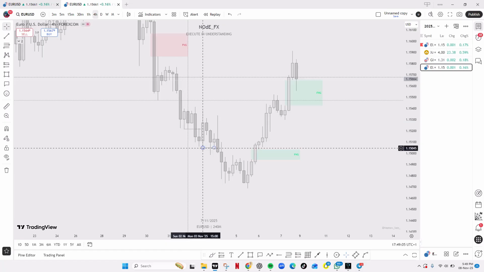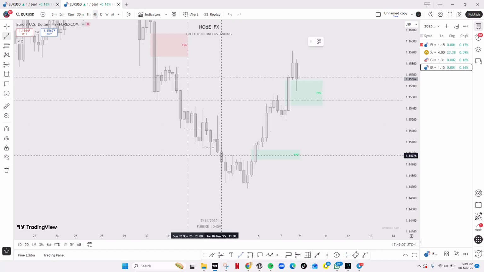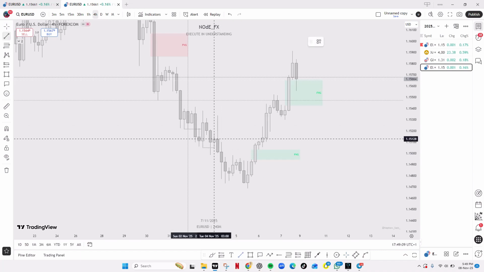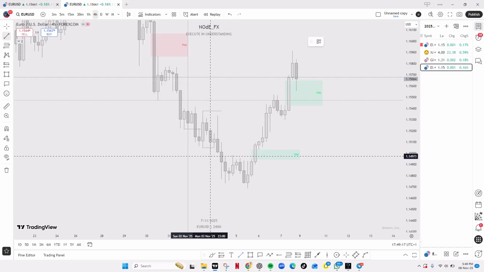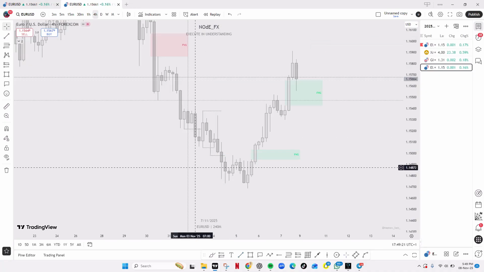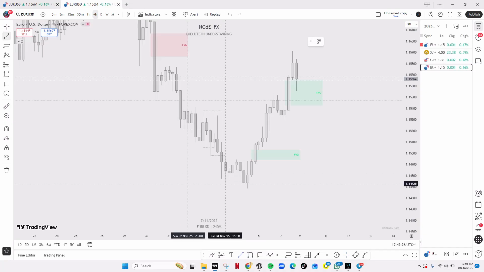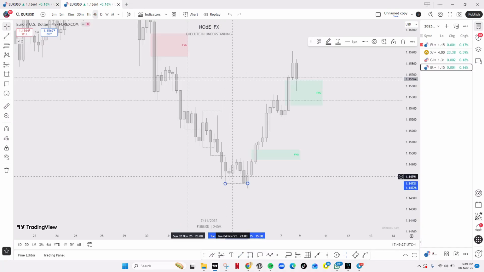So now price took out this low, right? After price took out that low, we were waiting for a bullish candle to occur and then follow the bullish candle to take out this high, because this is an invalid close here. But the price came down here and took out this low. After taking out this low, it has given us confirmation that it is bearish. So then we waited till Wednesday, when price came here like this.